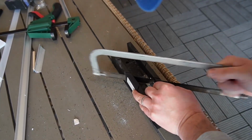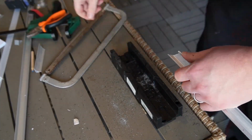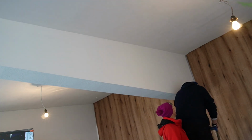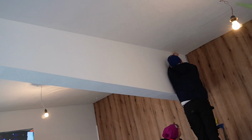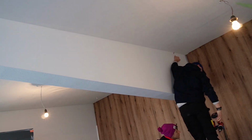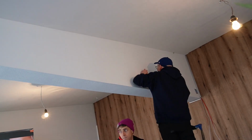So yeah, just cutting at an angle, cleaning it up with a utility knife. It's very thin aluminum, but it does the job for what it's supposed to do. Now continuing on the top side, as you can see, there's this beam running through the middle of the patio. So the plan was to install it on both sides, and now I'm running through the right side,